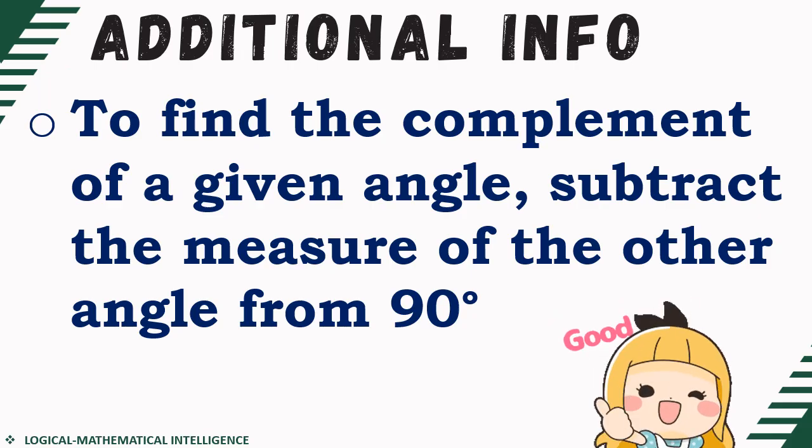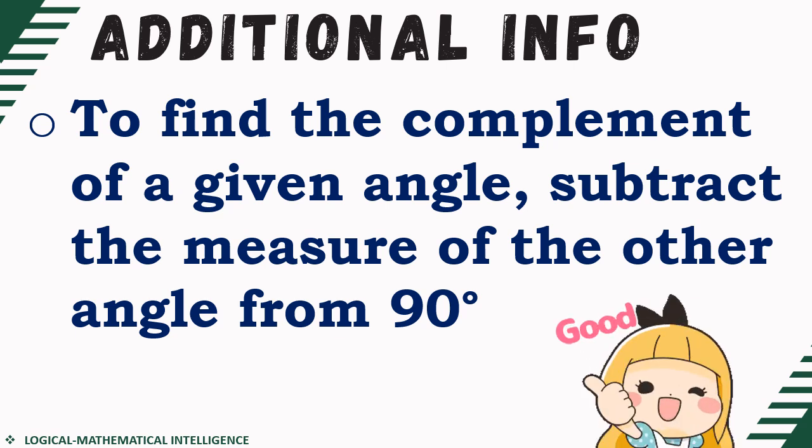Now, let us deepen our understanding of complementary angles. How are we going to find the complement of a given angle provided that we have one given angle measure? Basically, we're just going to subtract the measure of the given angle from 90 degrees. By definition a while ago, the sum of the measures of the given pair of angles should be 90 degrees for us to classify that pair of angles as complementary. So the other way around, we're just going to subtract the given angle measure from 90 degrees.